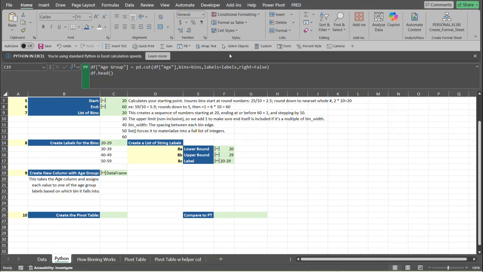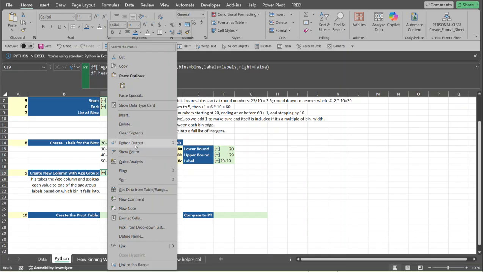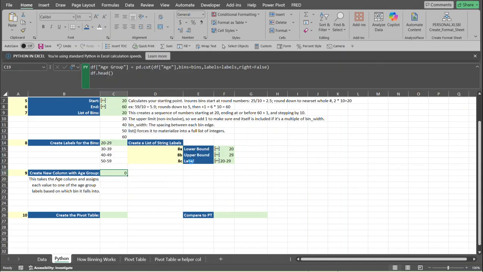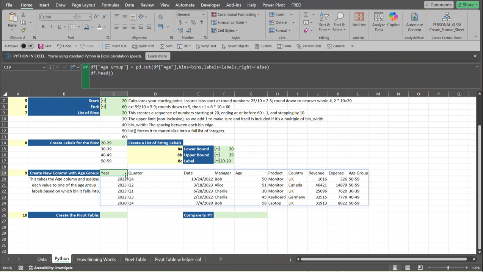So what I did above here was basically leave out this right paren up here. That's why we got that error. So it creates a data frame. Let's spill the results. Another way to spill the results: right click on here, Python output, Excel value. Okay, so it grabbed our data frame, grabbed the first rows in our data frame, and it created an age group